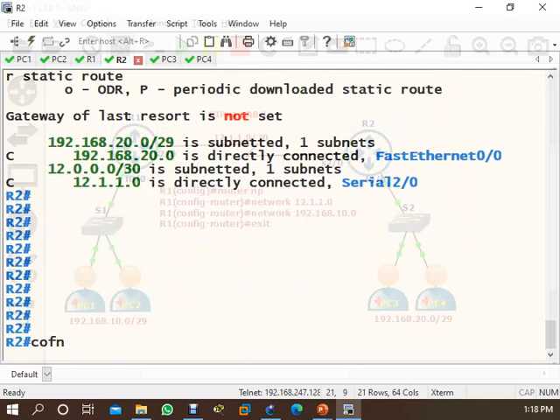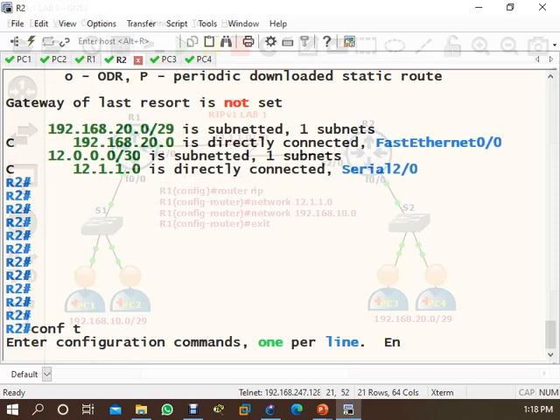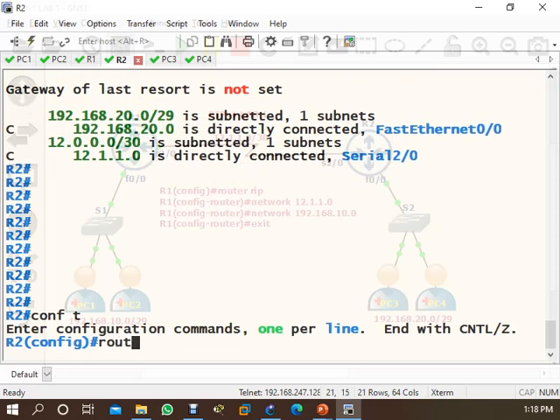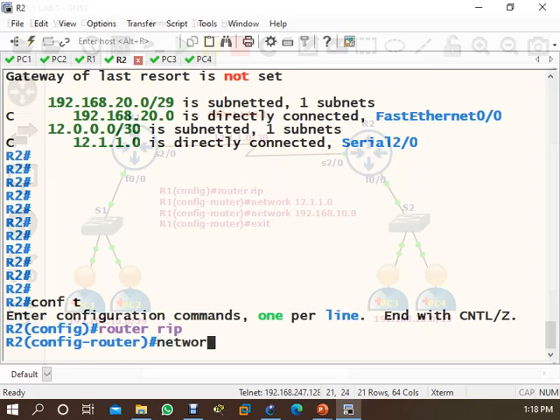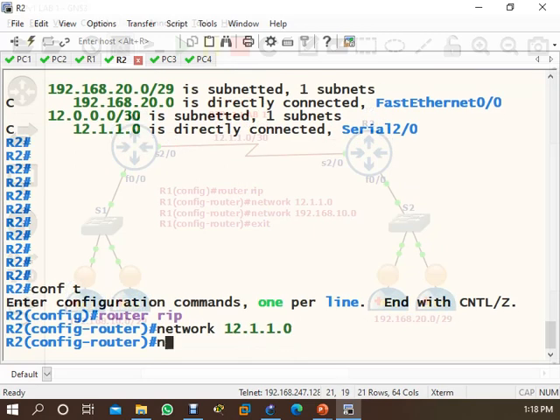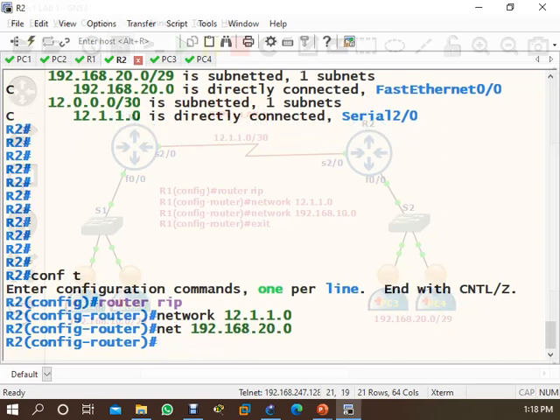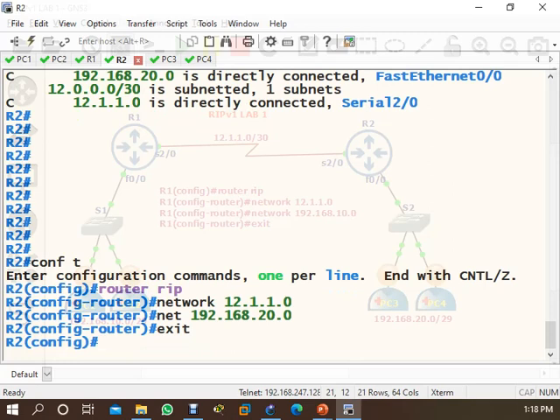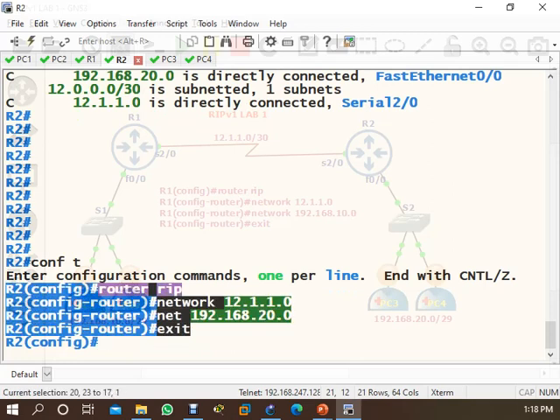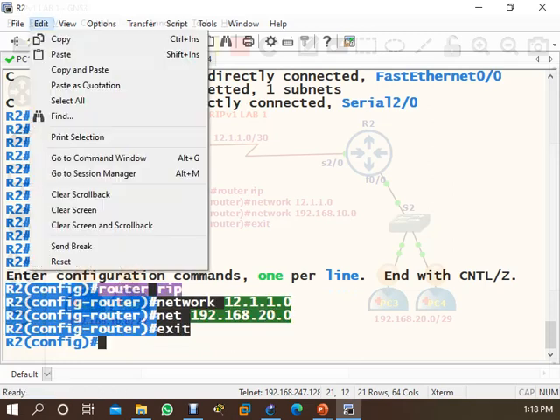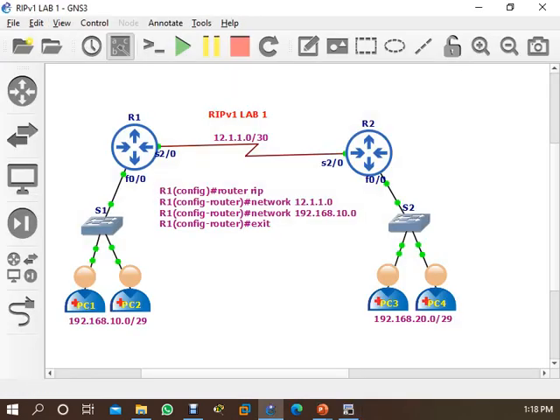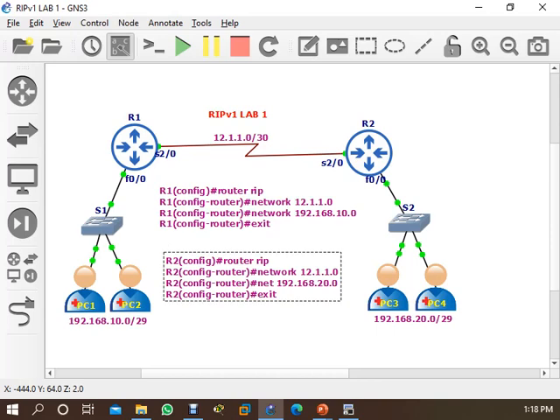Configure terminal, router RIP, network 12.1.1.0, and your own connected network 20.0. Same configuration. Copy this, and now this is your router 2 configuration.